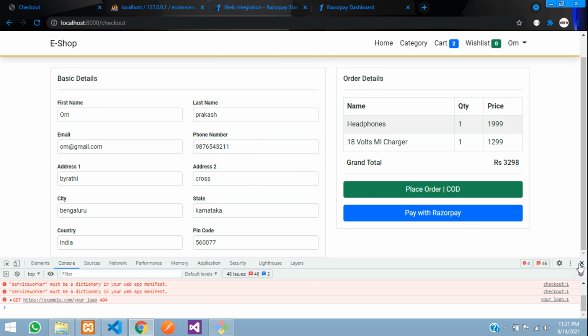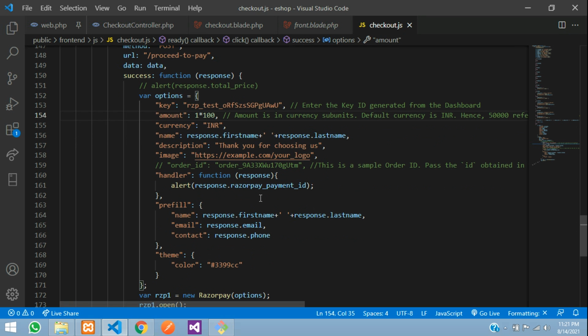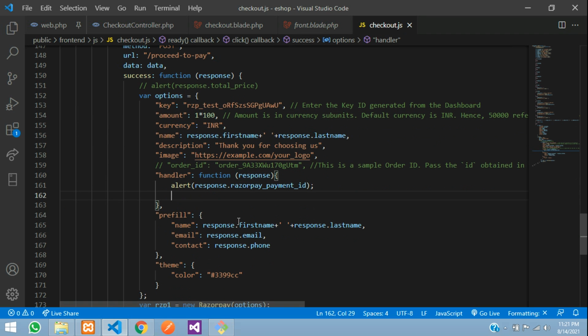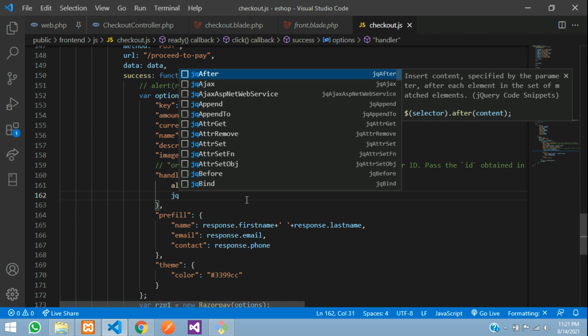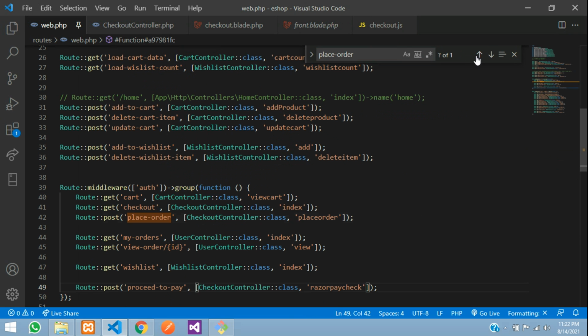So after the successful payment, we need to store that order, right? So for that we need to give an AJAX call over here. Say jQuery AJAX, method is going to be post, URL is going to say the place order which we already have, right? We are going to use that. I'll just show you once. So this place order,